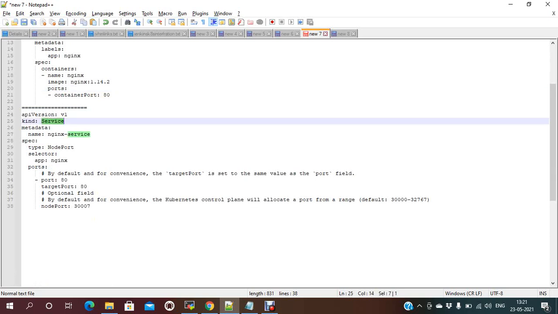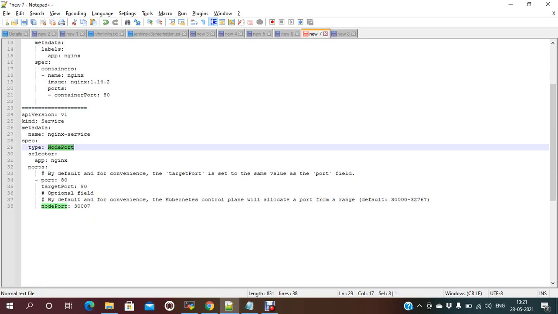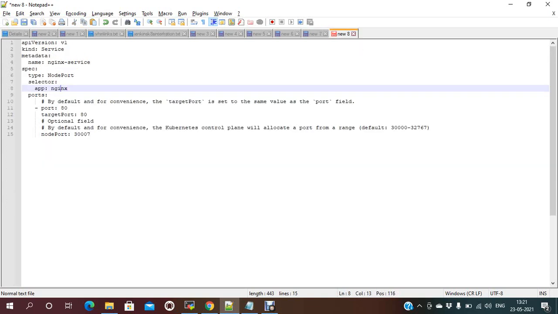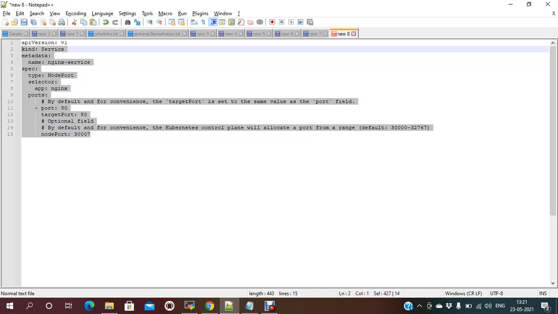The service type is Service, nginx-service, and the port is nginx, and you just need to change the node port. This is the node port and the target port, and to access this, this is the port. By default the Kubernetes control plane will allocate the port number in this range. So, the nginx NodePort service.